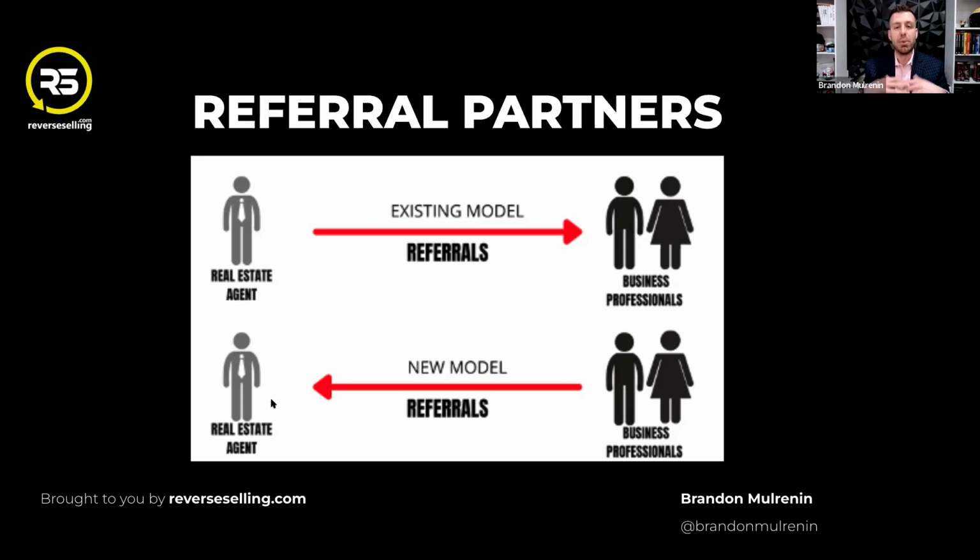And there are professions out there that work with people as their career that need to buy and sell homes. And so part of your business plan this year and moving forward should be a referral partner inbound model where you wake up to inbound referrals in your voicemail. Let me give you guys an example.